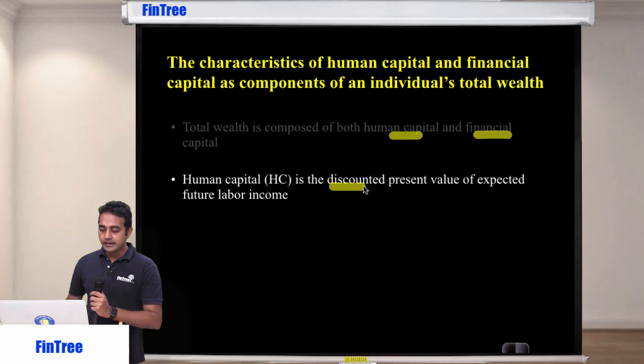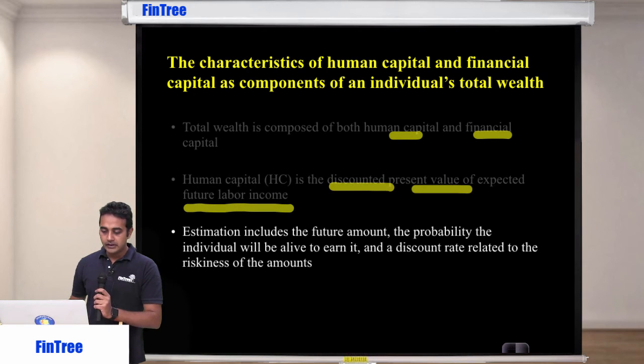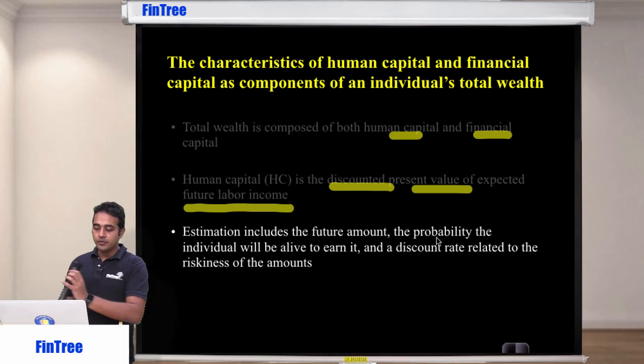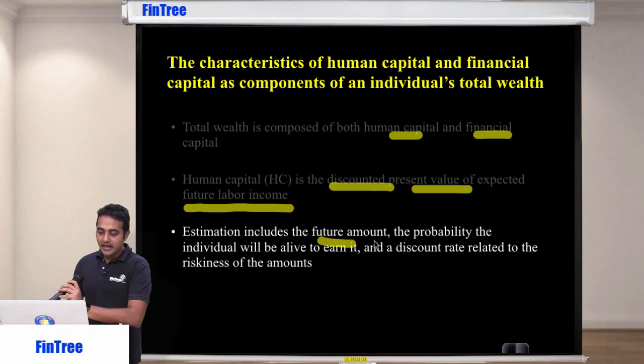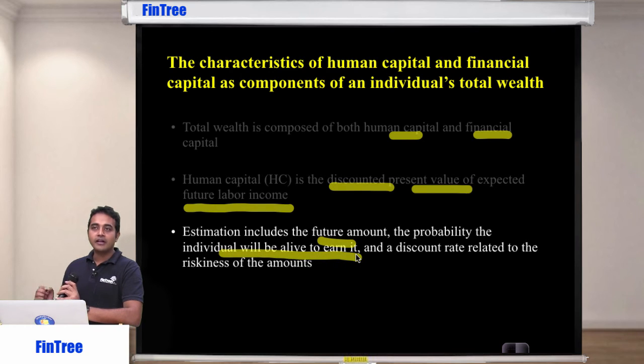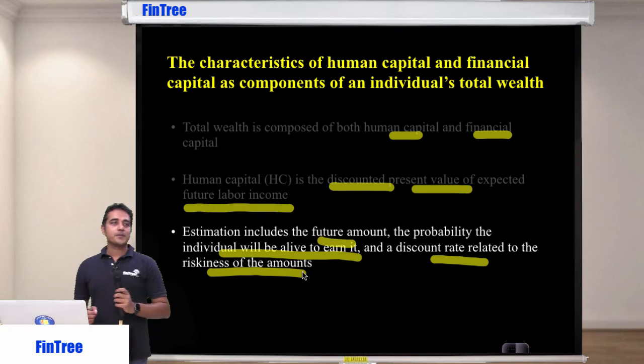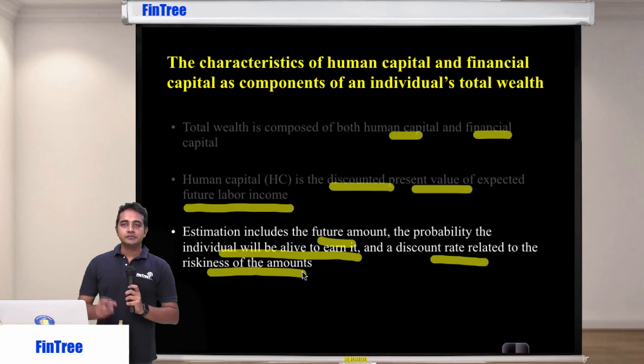Human capital is the discounted present value of expected future labor income. Estimation includes the future amount, the probability that the individual will be alive to earn it, and a discount rate related to the riskiness of the amount. Okay, so for example,